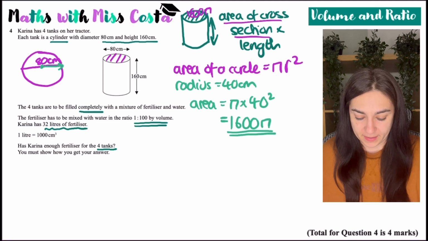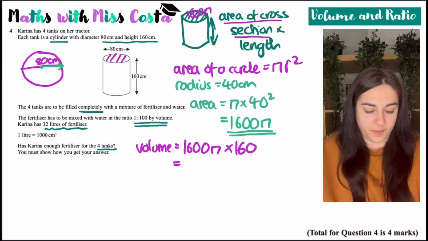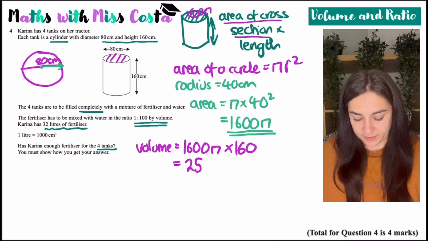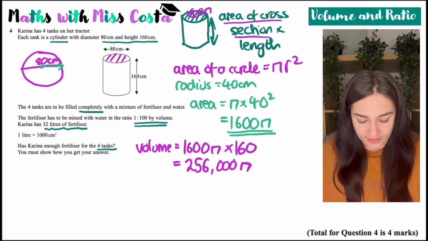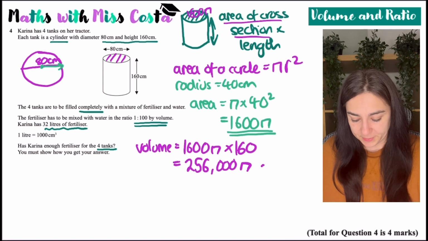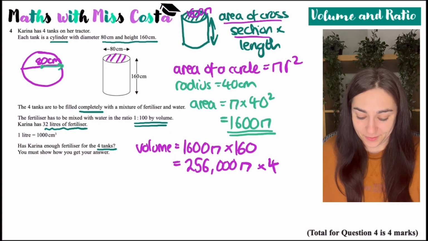And then I multiply it by the length, which is 160. So the volume is going to be 1,600 pi times 160. And 1,600 pi times 160 gives me 256,000 pi. Now that's the volume of one cylinder, and I have 4 cylinders. So I'm going to multiply that by 4, which leaves me with quite a large number,